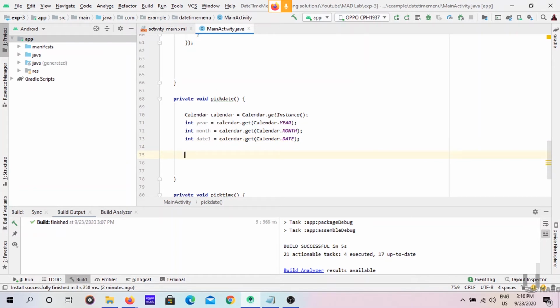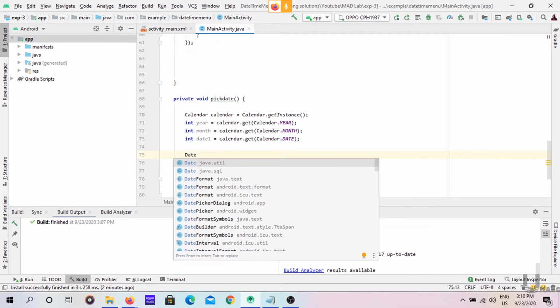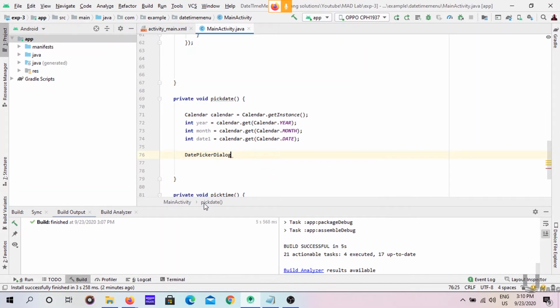So now we have to use one method called date pick dialog. See here, Android Studio is suggesting; there is nothing we have to do, we just keep entering the things. Enter date picker dialog equal to new.